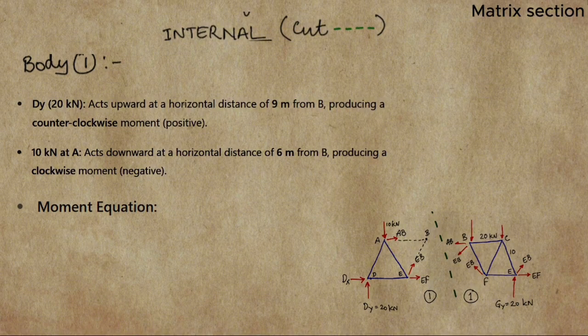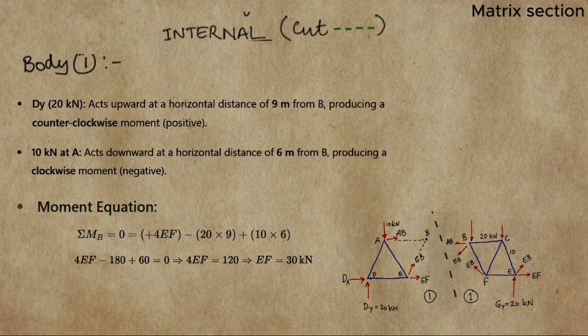Hence, our moment equation will be the product of EF multiplied by the lever arm distance of 4 meters, minus the reaction force Dy, which is 20 kN, multiplied by the horizontal distance from B, which is 9 meters, plus the downward force acting at node A, which is 10 kN, multiplied by 6 meters, which is the distance from B. And when you sum everything up, your result will be the force in member EF equals 30 kN,